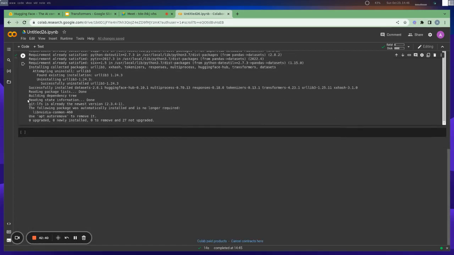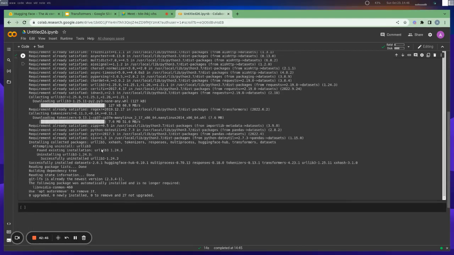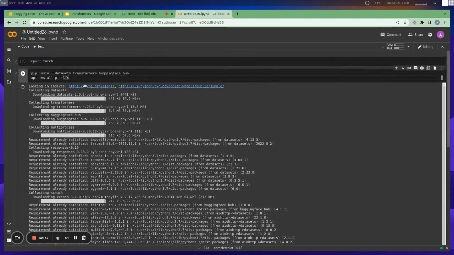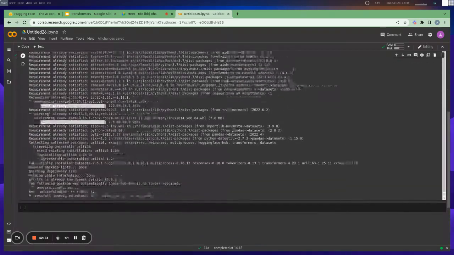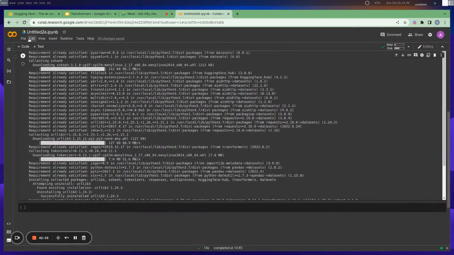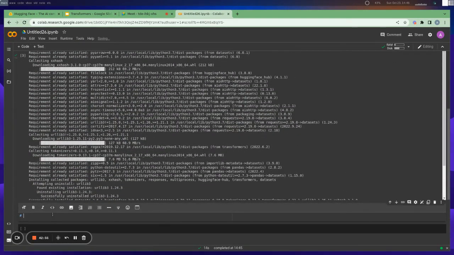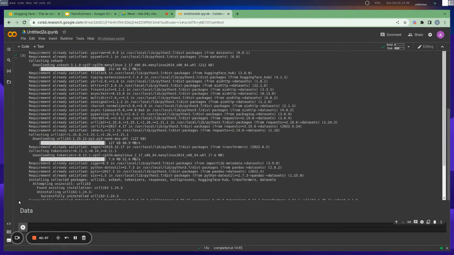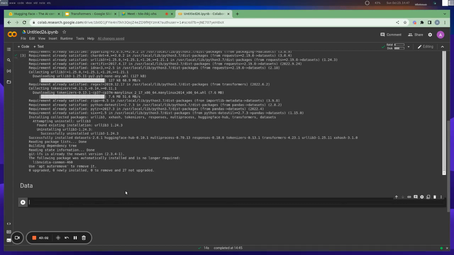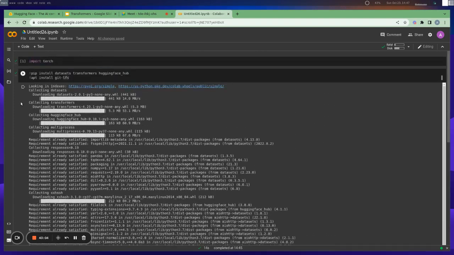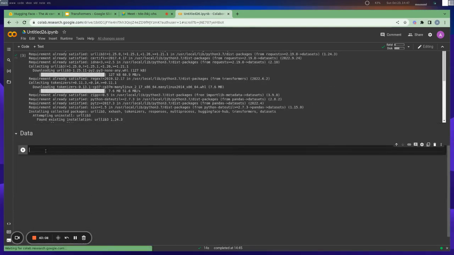Okay. Cool. So now we have pretty much all the libraries that we'll be using today. And wait, let me add a section then. So now we need the data. For the data, we'll be using the library that we just imported. So this datasets from Hugging Face. We'll use this to get our data set. So first we'll import